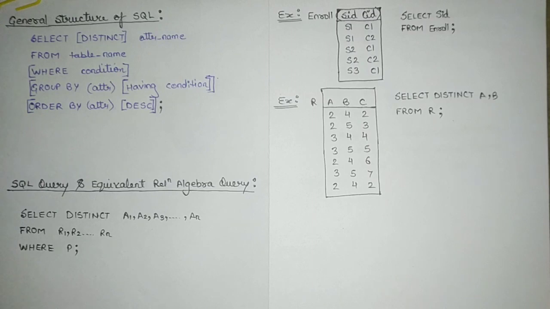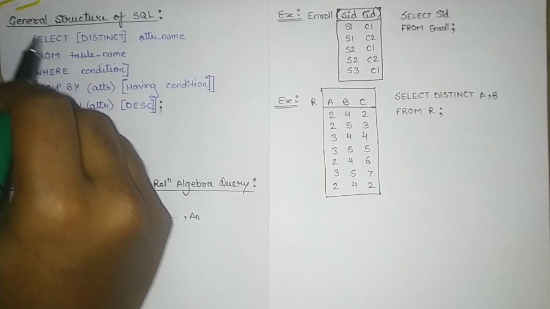In this series on databases, today we will be understanding some basics of SQL along with the execution flow. In the previous video, we discussed the introduction of SQL and the different types of query languages we have in SQL. In this video, we will discuss some basic SQL, the clauses, and the execution flow with some examples, and we'll also understand the equivalent relational algebra query for any specific SQL query. So without wasting time, let's start.